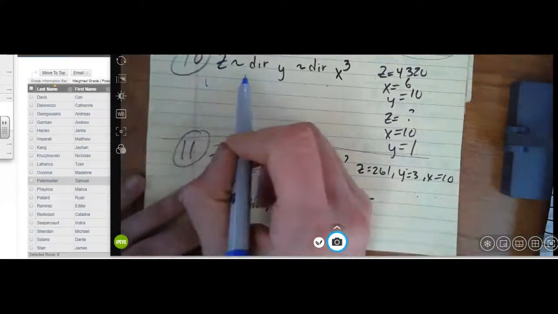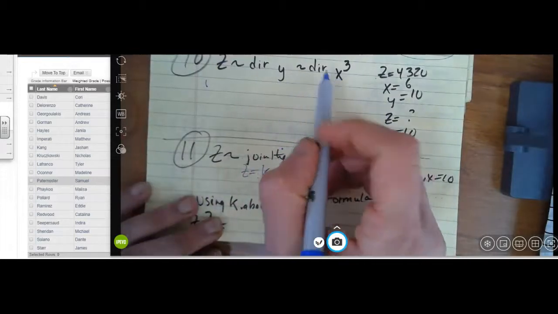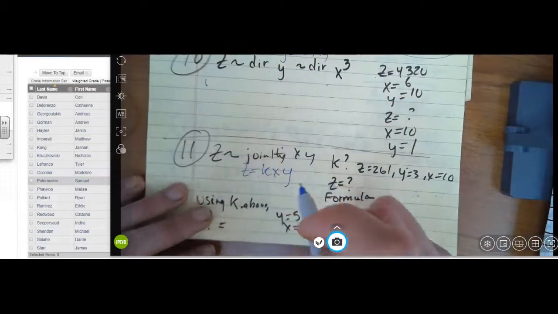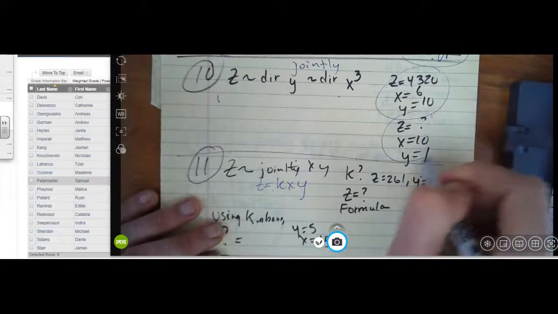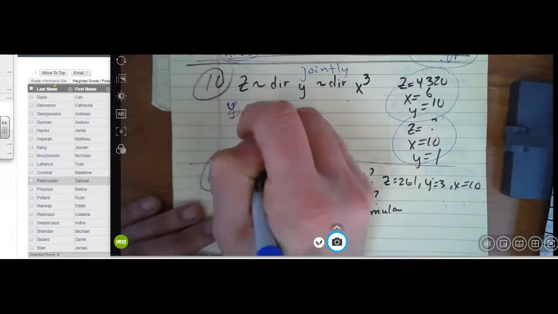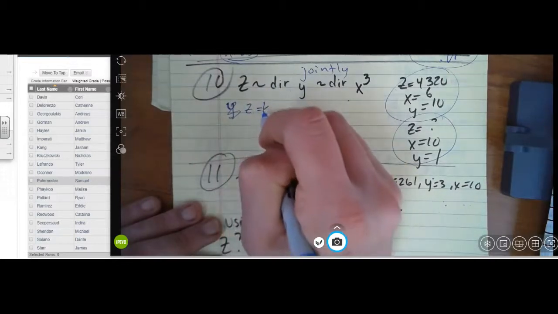They tell us that z varies directly with y and directly with x cubed. They also say jointly is another way to say that varies directly with two different variables. So this is a numerical problem that we need to solve. So we're going to say z varies directly with, equals k